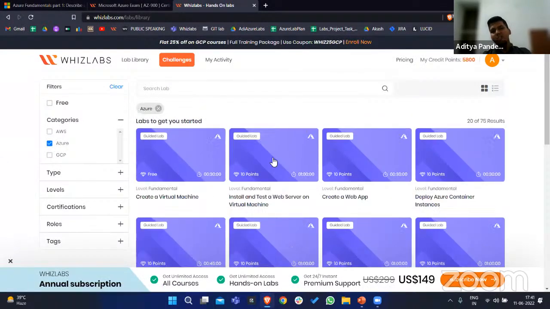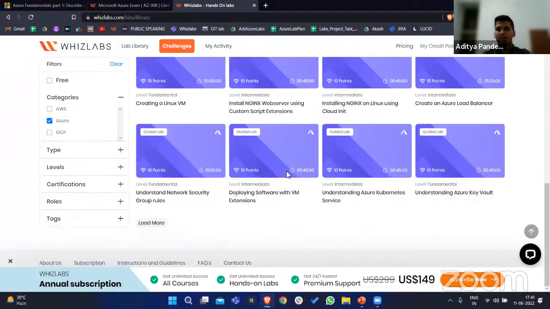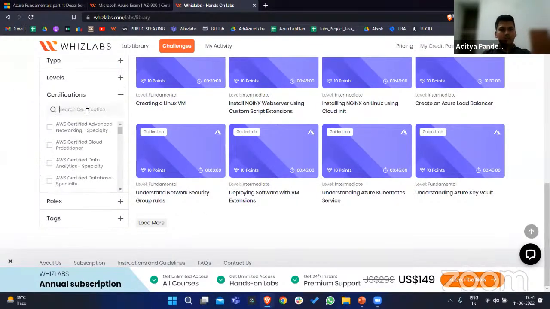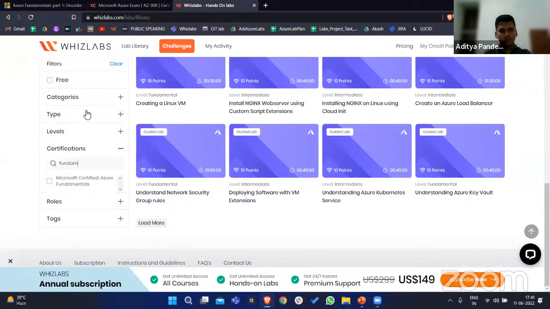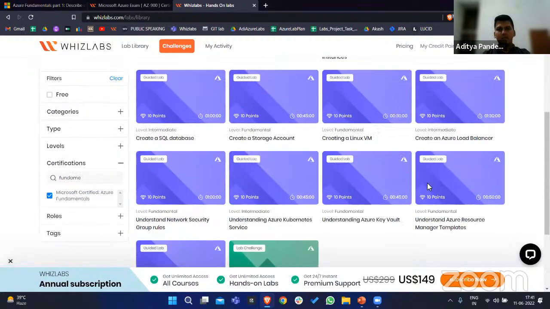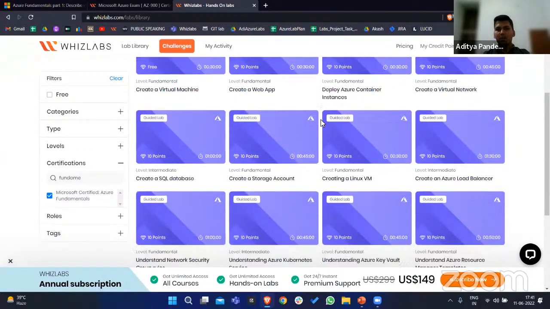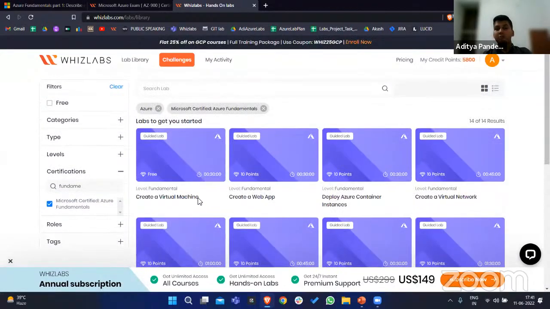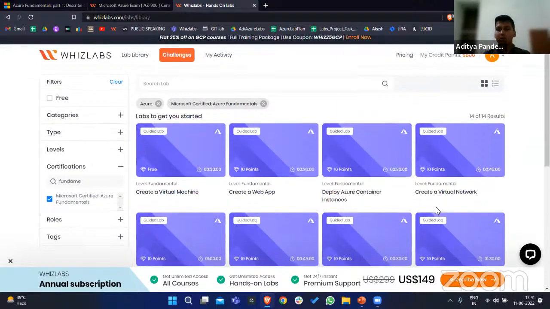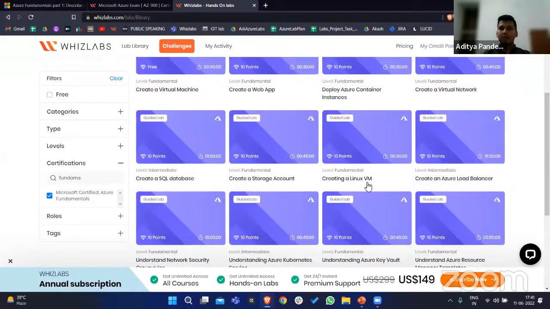it has a lot of Azure labs. You can practice a lot of labs, right? And if I choose this certification, you can see that there are this many labs. You would be creating a virtual machine, you would be creating a web app using Azure Cloud, you will be creating an Azure container, you will be creating virtual networks, a load balancer, a Linux VM.